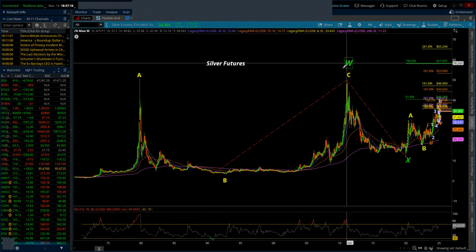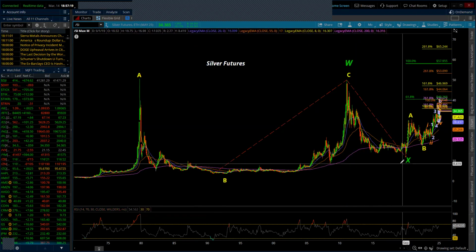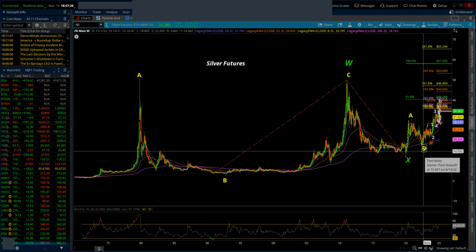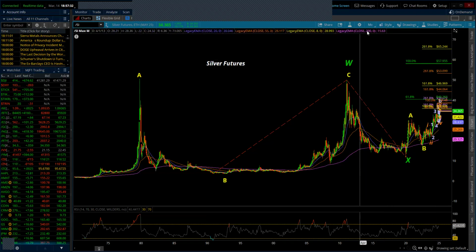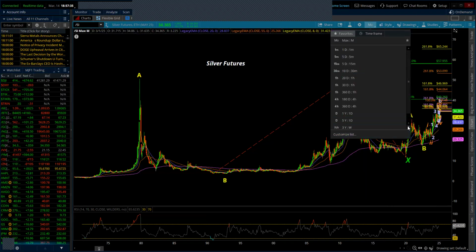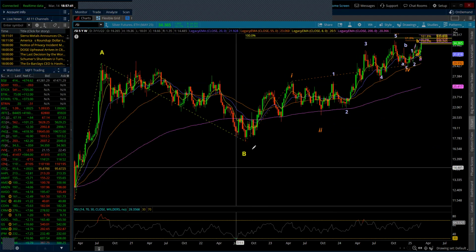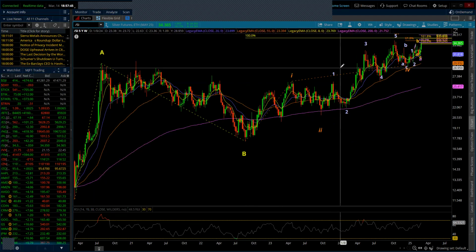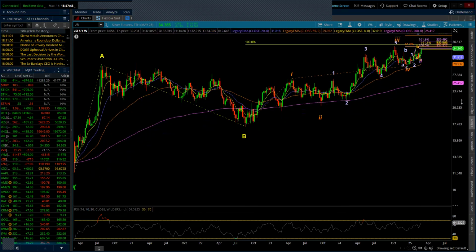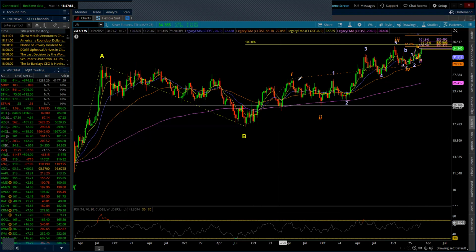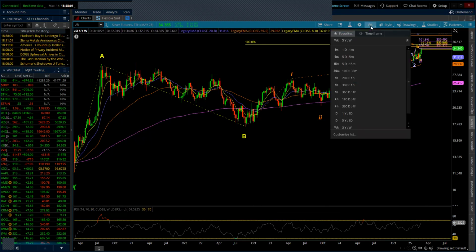In any case, here we are. There's the A, the B, the C of our W, and then we have an ABC down, A, and this is the B, C of our X wave. And now we have an ABC up. The intermediate degree C wave will consist of 5 waves of minor degree. Let's start going down. I'm going to go right here because this is what we want to look at. There's the A, there's the B. We're in an intermediate C wave going up, 5 waves of minor degree, of which I believe we've had 1, 2, 3, and 4. So we're in minor wave 5 of intermediate wave C, which should then be